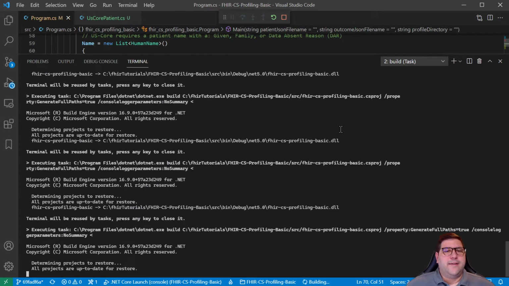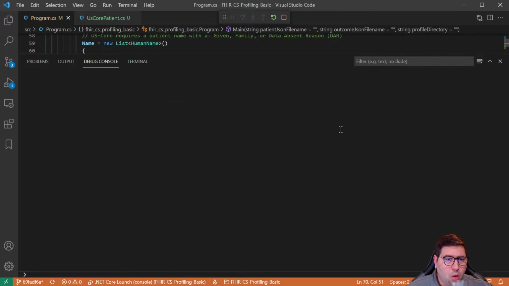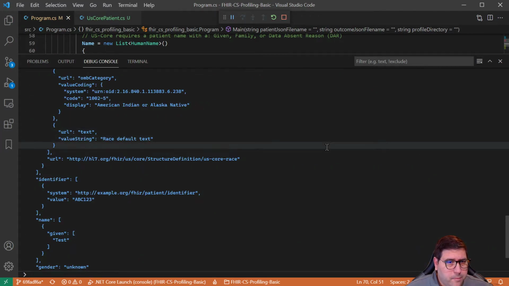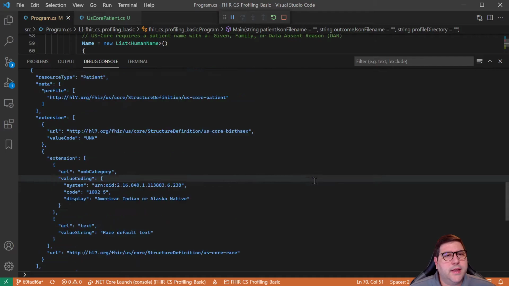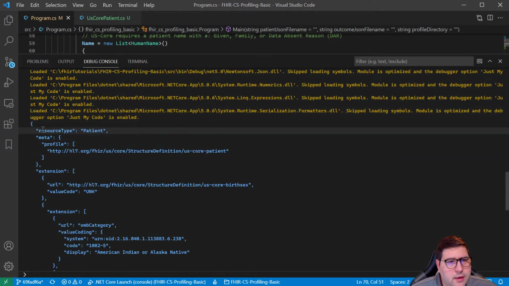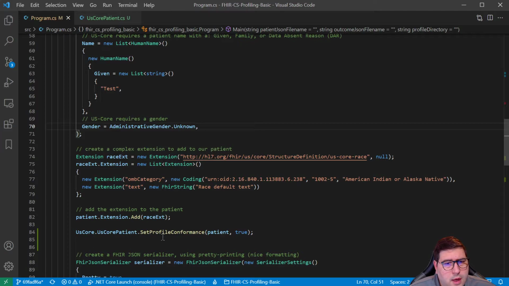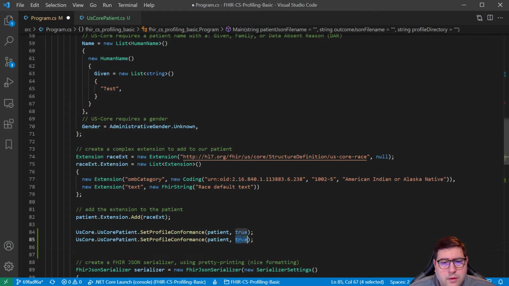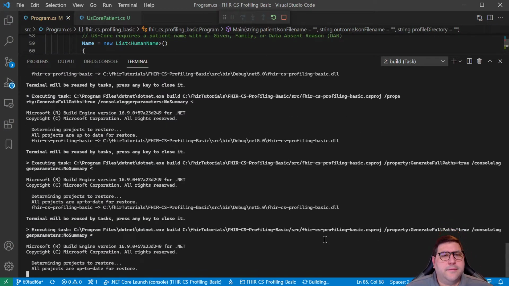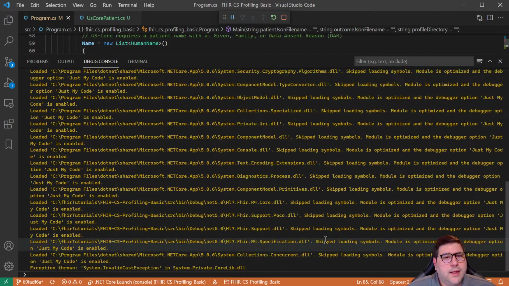If we hit F5 now, we see our patient being exported, written on the console, and we can see the meta profile with the patient here. That's good. We should be able to say false and hit F5. And if we run it this way,